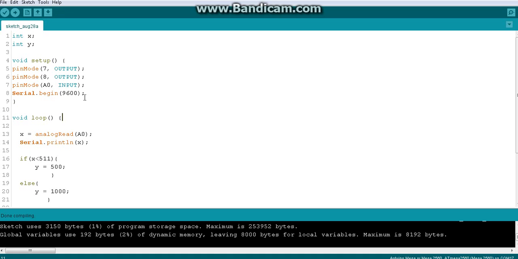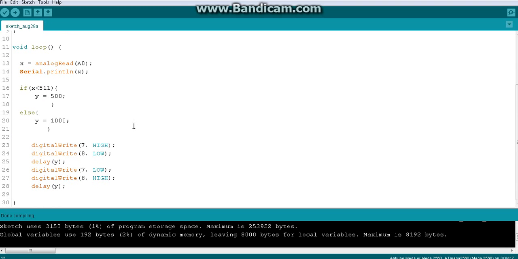Just connect those things, upload the code, open your serial monitor, and see whether this scenario is working by rotating the preset, seeing the values in the serial monitor and also the LED outcomes. So three things you are supposed to do: give an input using a preset, ensure the analog values using the serial monitor, and see the outcome in the LEDs.